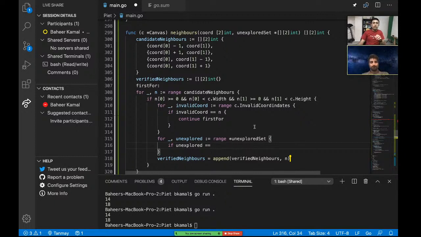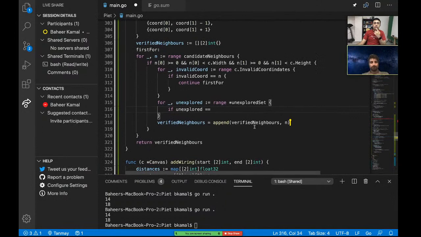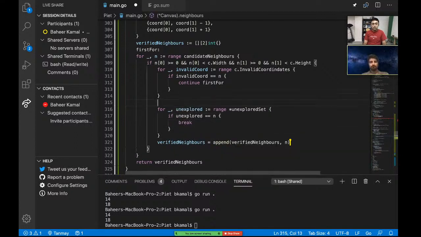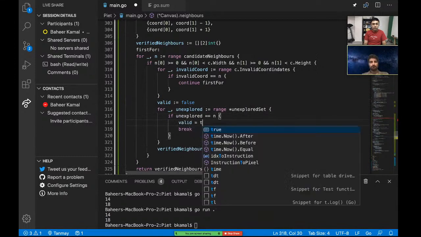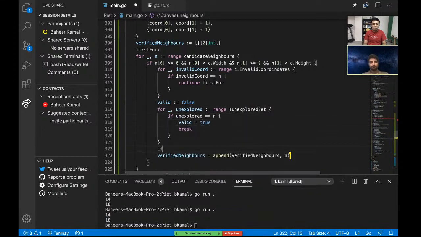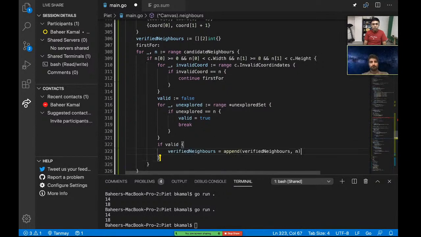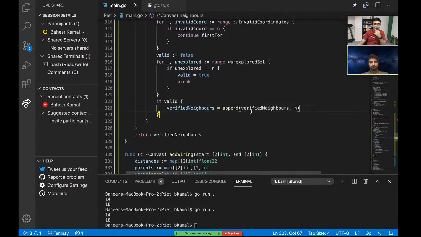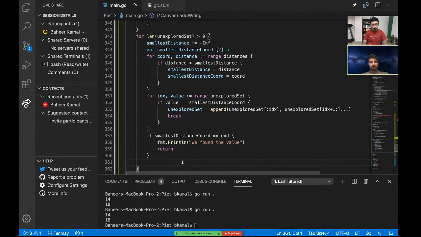Okay, so we're nearly done with the pathfinding. If unexplored equals n, which is our neighbor, then we want to break and say valid is false, and then valid true if valid. Okay, so we should have genuinely verified neighbors now. So we should just be able to do